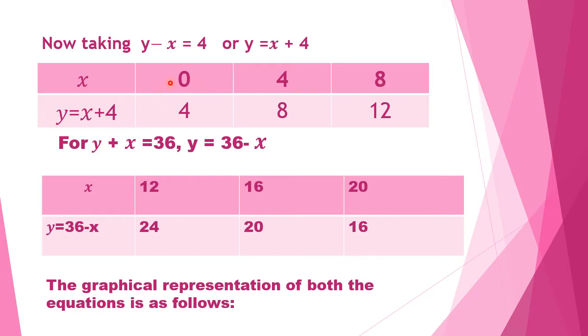When we start with the value of x equal to 0, the corresponding value of y will be 0 plus 4, which is 4. When I substitute 4 over here, I will get 4 plus 4 equal to 8. And finally, on substituting 8 in the place of x, I get y equal to 8 plus 4 equal to 12. The same process is repeated in the